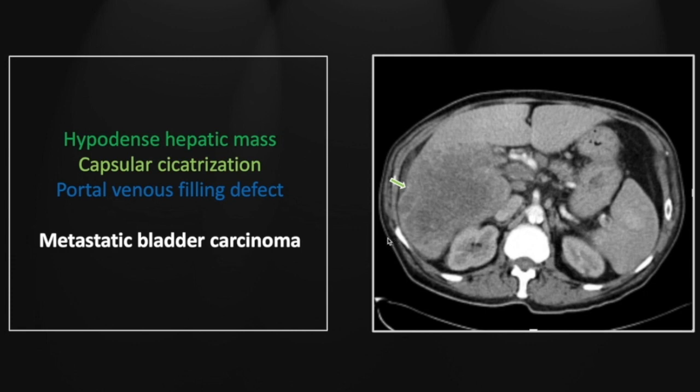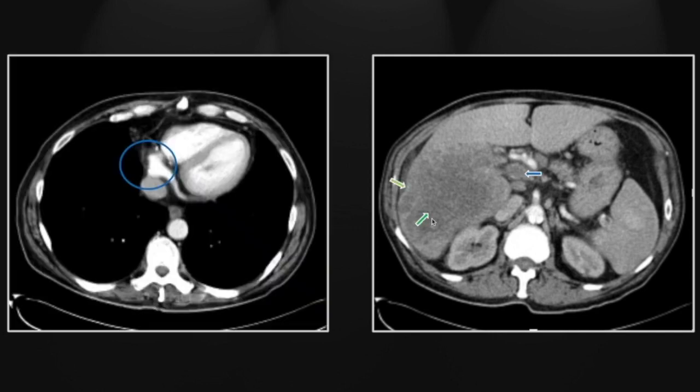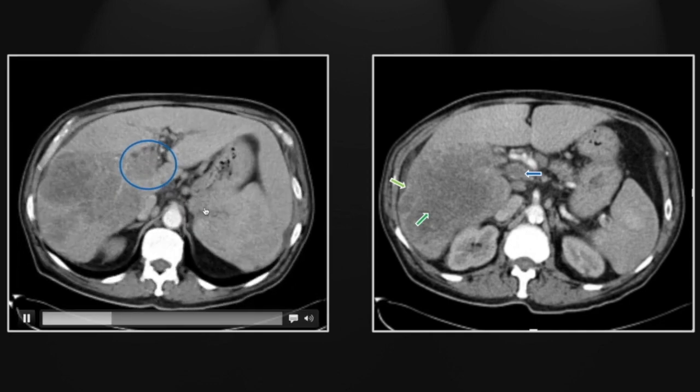That is a focus of capsular cicatrization, scarring and pulling inward, retraction, that can happen with metastatic lesions to the liver. Also note there is a filling defect within the portal vein to further confuse things. It would be easy enough to call this hepatocellular carcinoma with portal venous invasion, and I think that is what many people would tend towards. Certainly looking at the liver contour here might trick you into thinking this was a cirrhotic liver. That is in fact not the case, and once you are aware of this phenomenon of umbilication, there is the portal